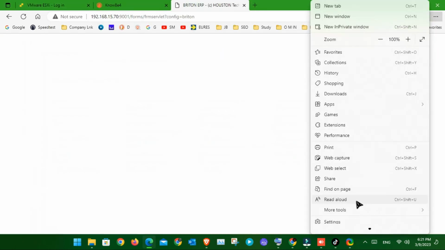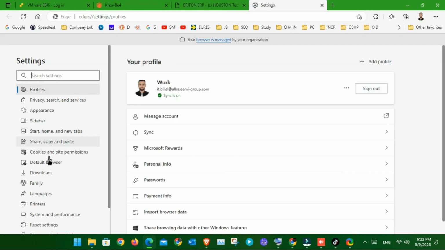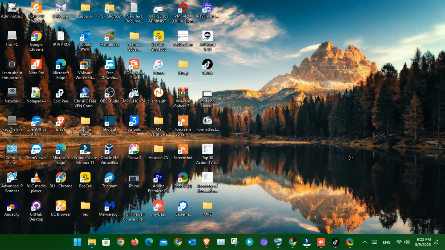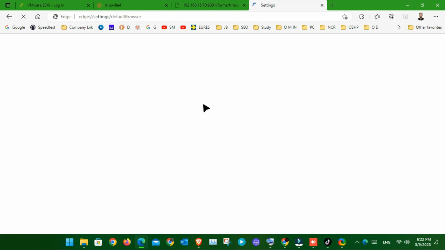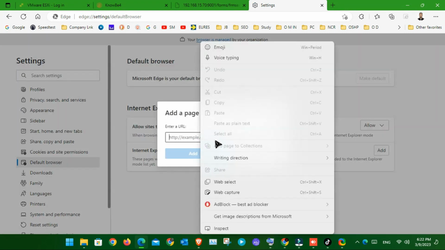Okay, now first of all go to the three dot menu, then go to Settings. There is a default option, Default browser. The default browser setting lets sites be reloaded in Internet Explorer mode. We have to enable Allow. After allowing, it automatically restarts. After it restarts, if you want some website, you have to add the link,